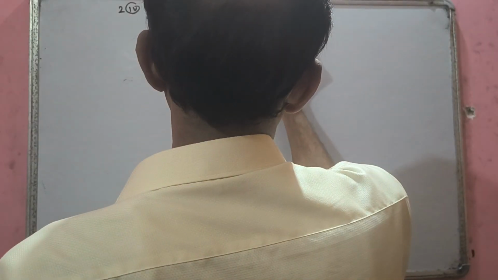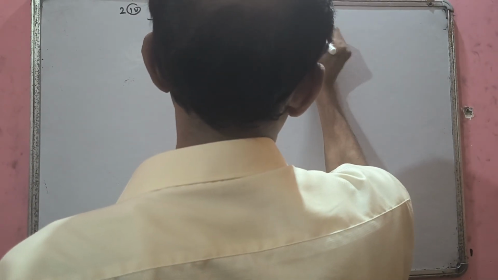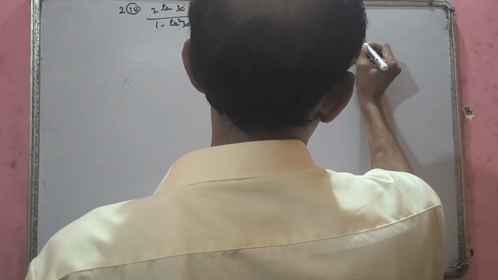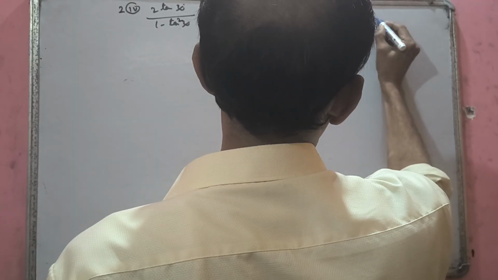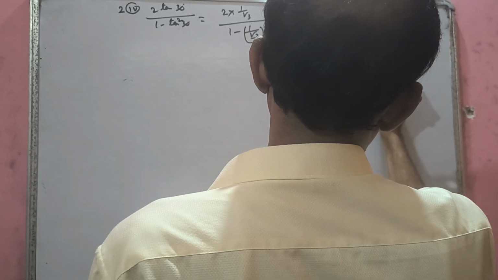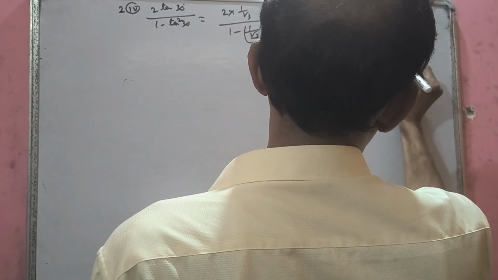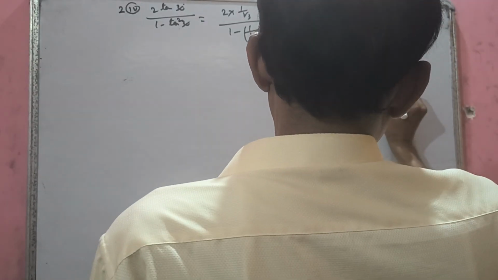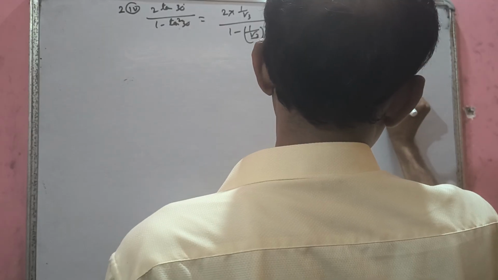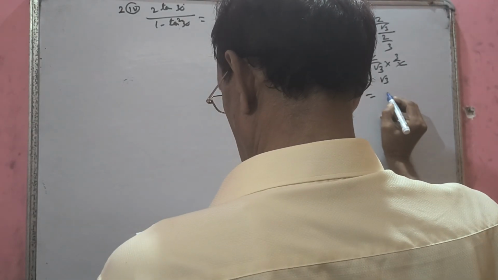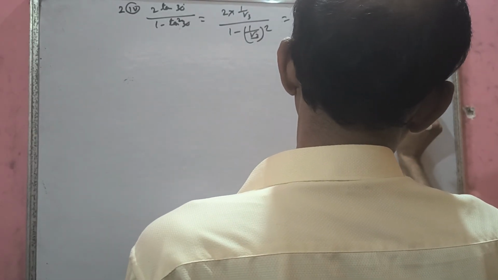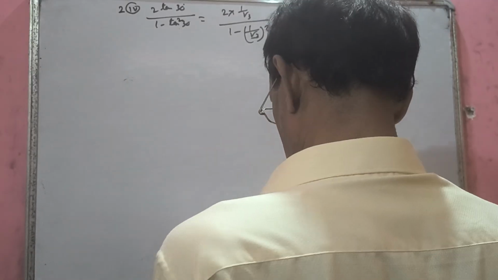And this will be a square. So this is 2 by root 3 by 1 minus 1 by 3. This is 2 by root 3 by 3 minus 1. This is 2 by root 3 by 2 by 3. So 2 by root 3 into what will we get? 3 by 2. Okay, 2 cancel. So this is cancel, root 3 into root 3. So the answer is root 3, and root 3 is what trigonometric ratio? Tan 60 degree. So option number C is the correct one.